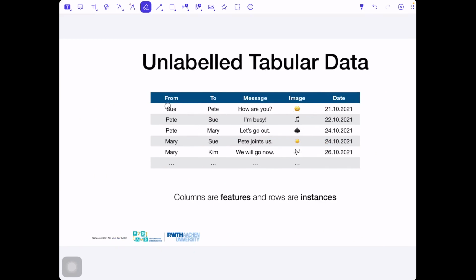Here the person, you and Peter, would be nominal categorical data. Message is unstructured data, we cannot classify it in our taxonomy. Images also, but the date is again interval data.